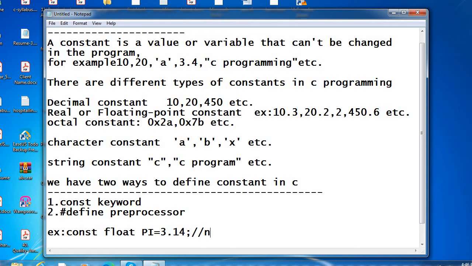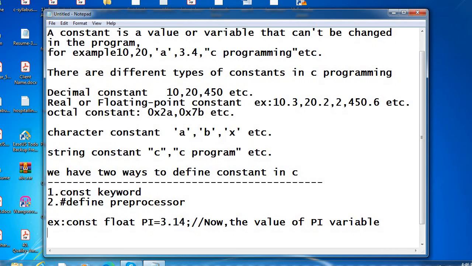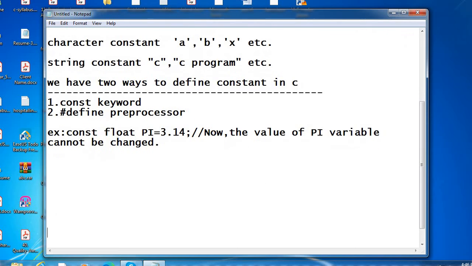The value of the pi variable cannot be changed. Now I will show one example on constants.